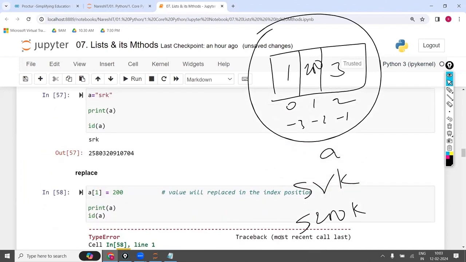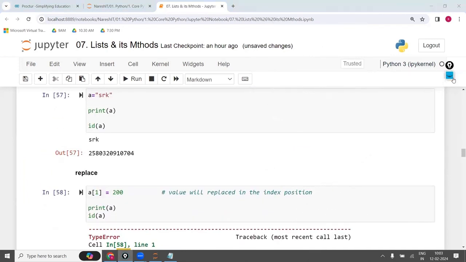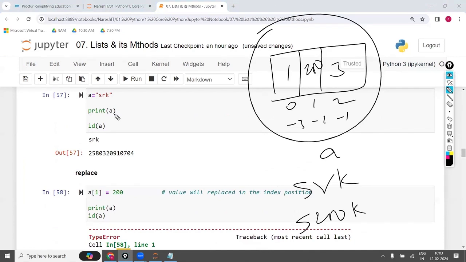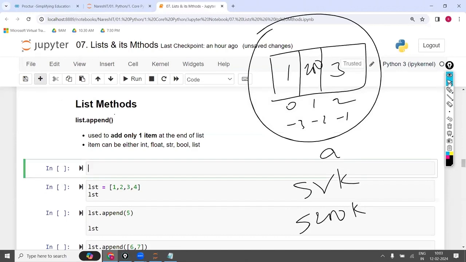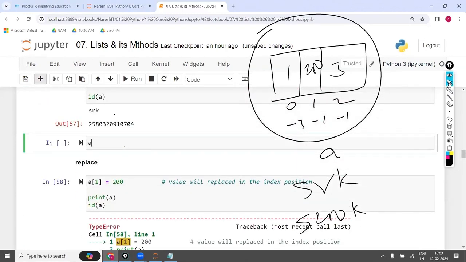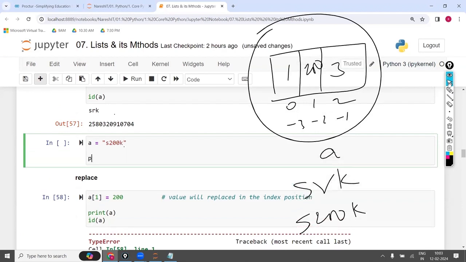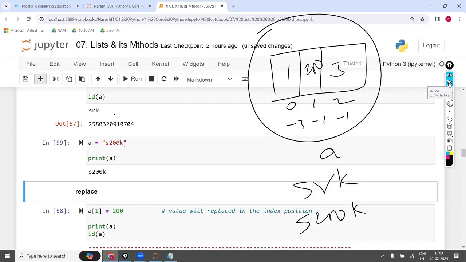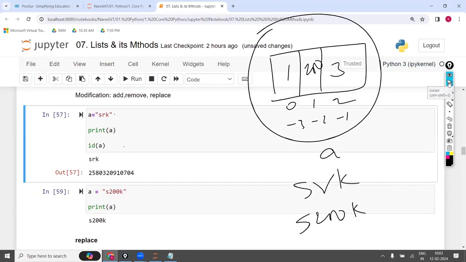Now, sir, you told that A[1] assignment is not possible, but I'm writing like this, sir. Here A is equal to S200K. Now if I print A, it is modified. Earlier it was SRK, and now it is changed.